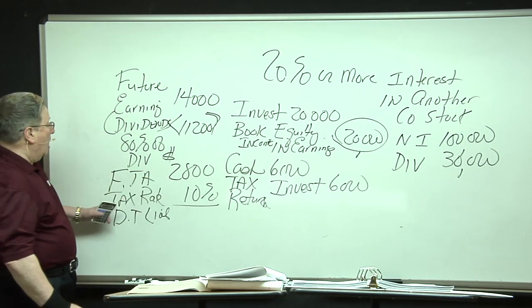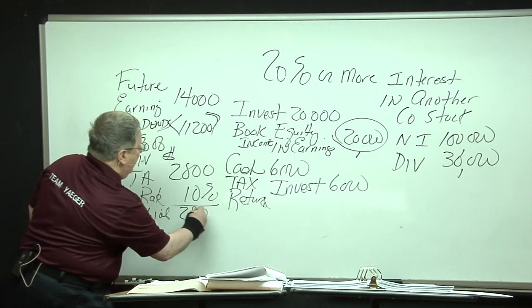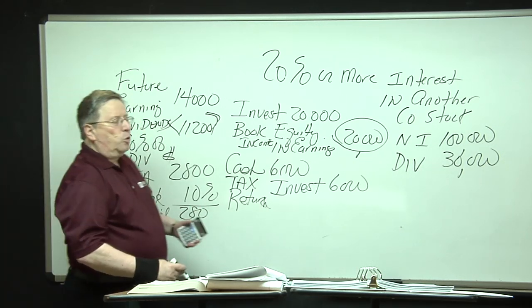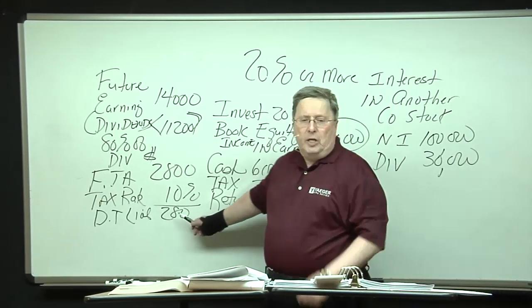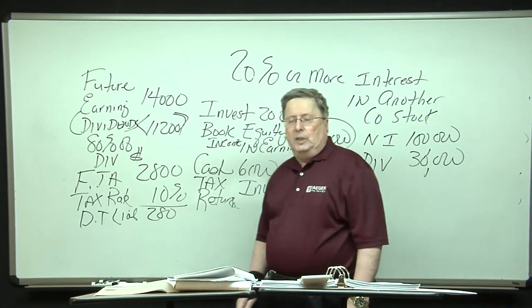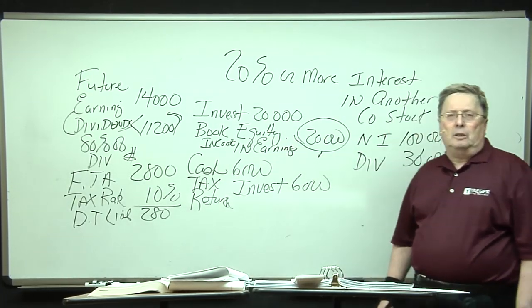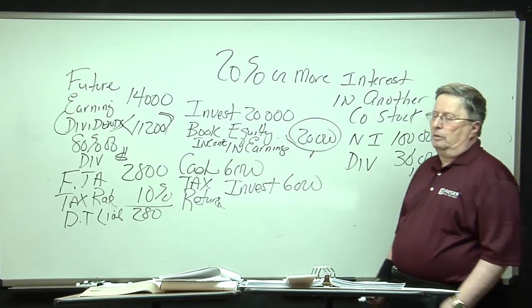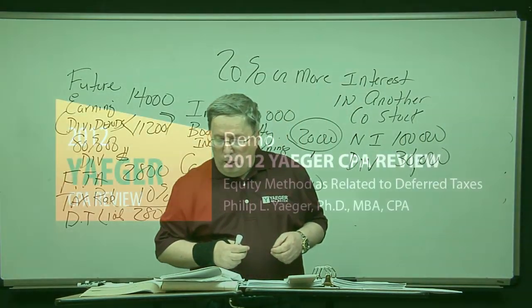Future taxable amounts times future tax rates gives us a deferred tax liability of $280. So what would my entry be on my books? Well, I would credit deferred tax liability for $280, and I would debit income tax expense deferred for $280. So that's how the equity method works. So to make sure you understand that,